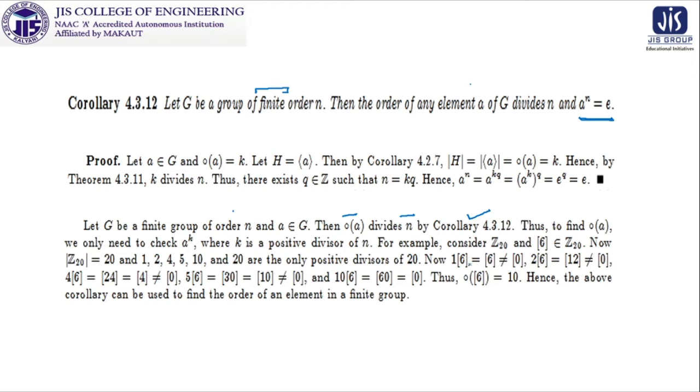Class 6 with twice appearance gives class 12, which is not class 20, meaning class 0, the identity element, because we need A to the power n to equal the identity element. Similarly, 4 times 6 is not coming, 5 times 6 is also not coming. 10 times 6 gives you 60, which is nothing but the identity element. So the order of 6 is 10, and look at this, 10 divides 20, because it is substantiated with the previous claim.